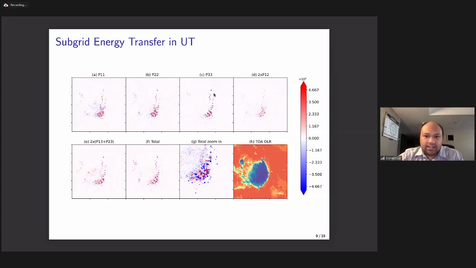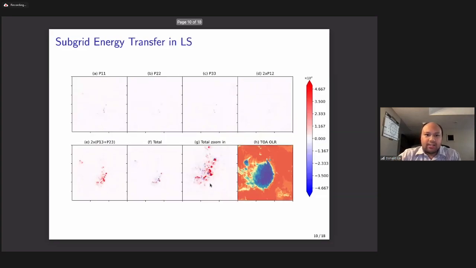It's actually harder to see here, but in a plot that I will not be showing in this presentation, we could see that the vertical component is actually responsible for most of the vertical energy transfer. Sorry for that. But in the next one, this is in the lower stratosphere, and things are more